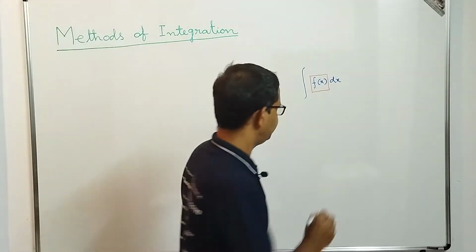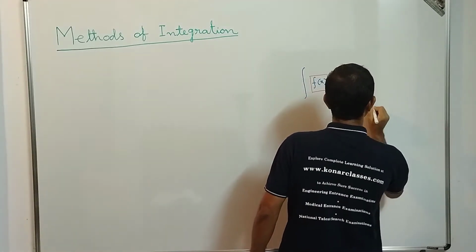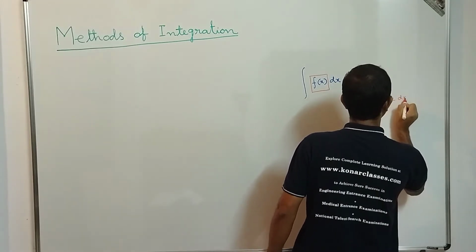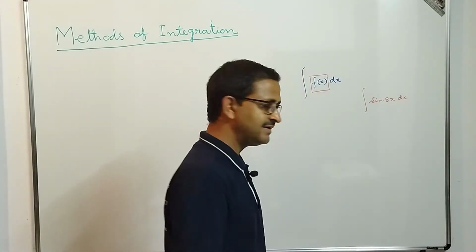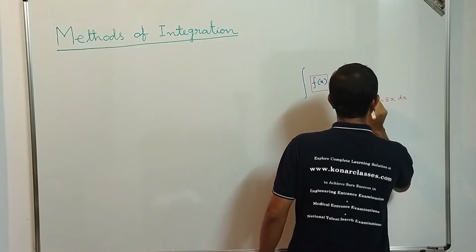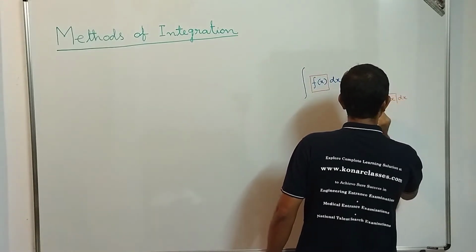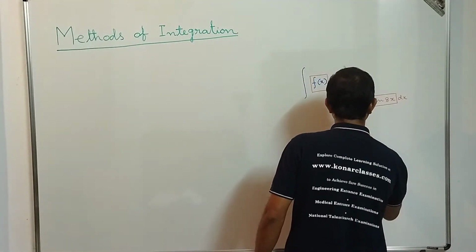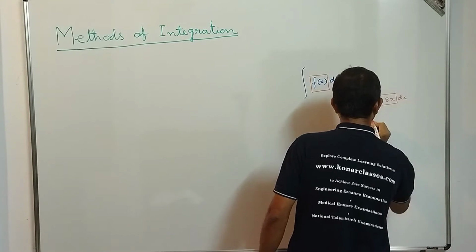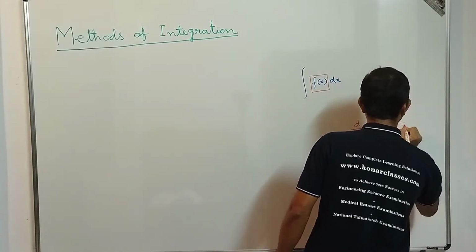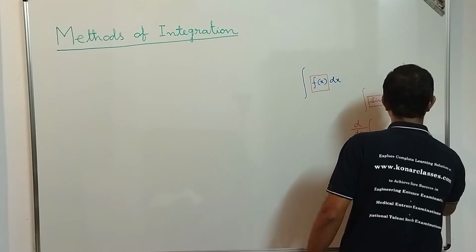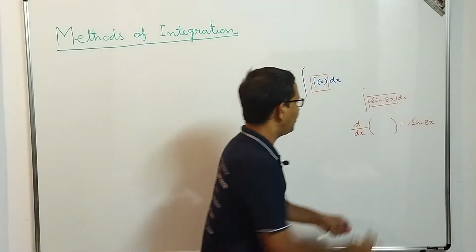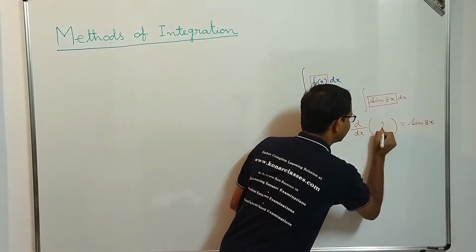Let me give you an example. Suppose we have been given a function, to find the integration of sin 8x dx. Now what is the integrand here? Integrand here is sin 8x. Now to find that integration, what you need to do is that we need to find d/dx of something, means some function, and that has to be equal to sin 8x. Correct or not? Now how can you find that function directly?